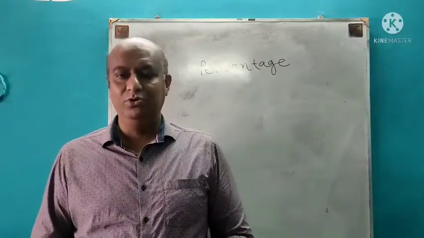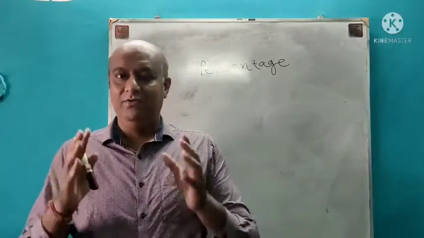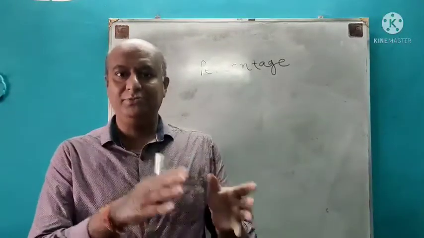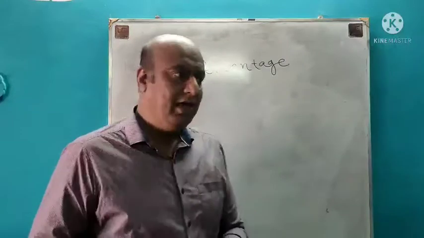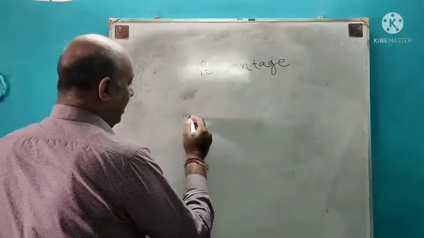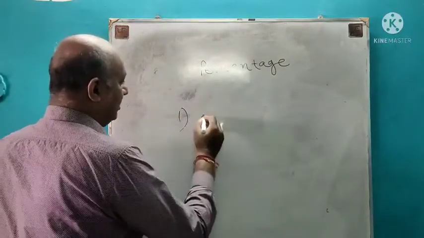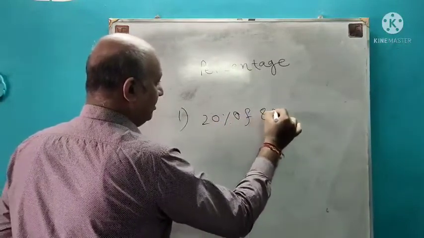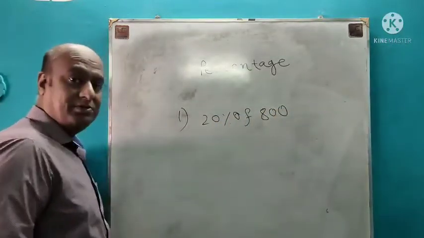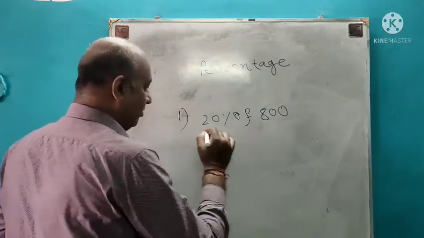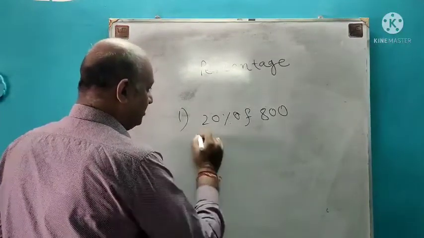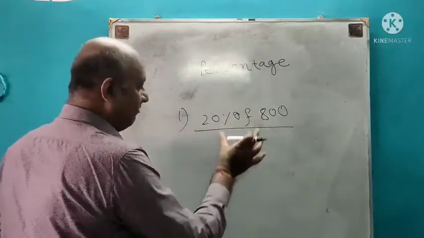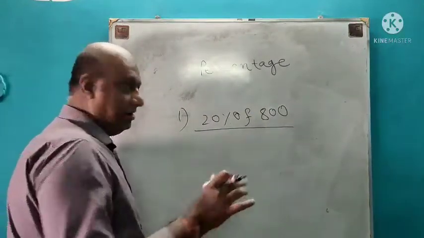First thing today I am going to show is finding out some percentage of a number. For example, x% of a certain number. Let's do it. First, if I need to calculate, let's say, 20% of 800, how to calculate 20% of 800? For this, you know this operation of means multiplication. We just have to continue with that statement.